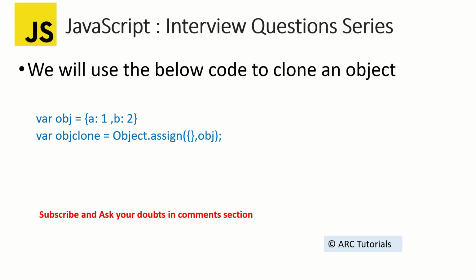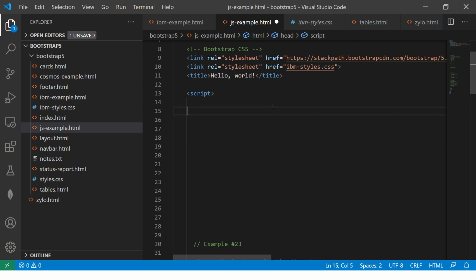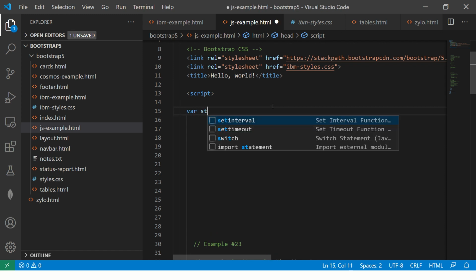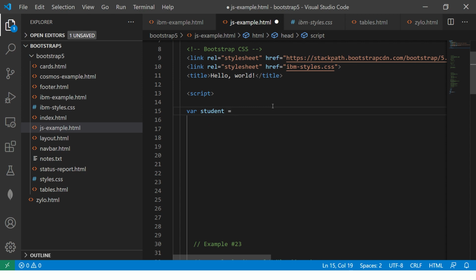Object.assign. When you do that, you can assign a particular object's properties to a new object, right? So you're basically cloning it. Let me show you that in action. Alright, so let's create an object first and call it, say, student, with name ABC, ID 10, and department ops. So a simple object, nothing fancy.